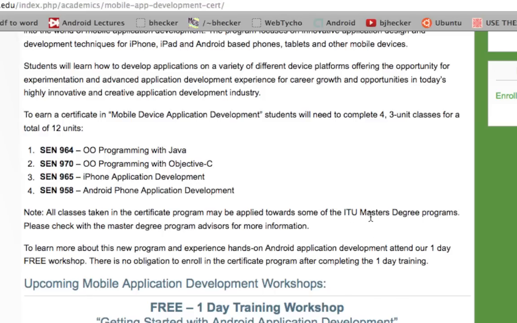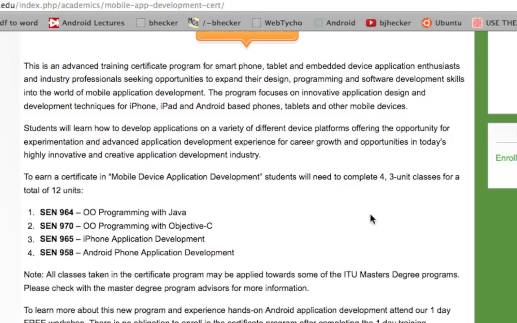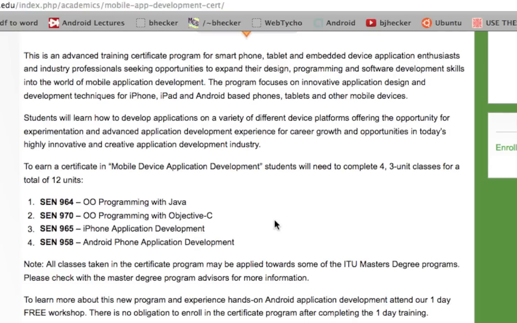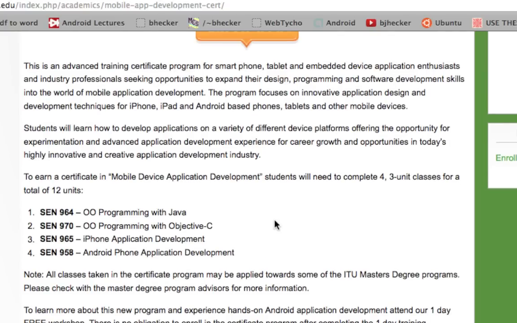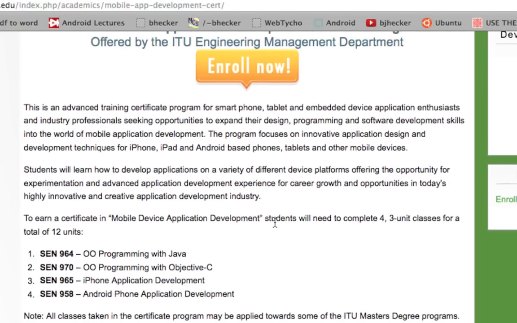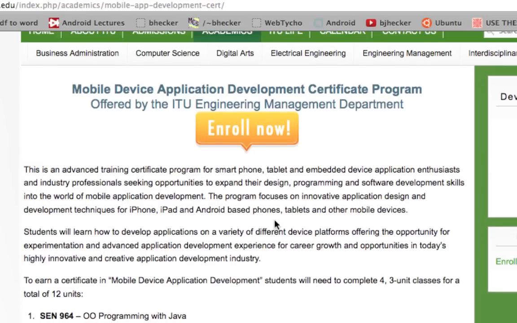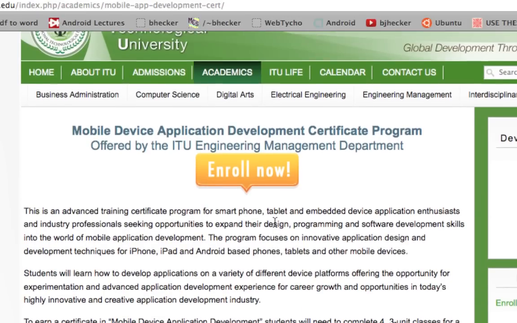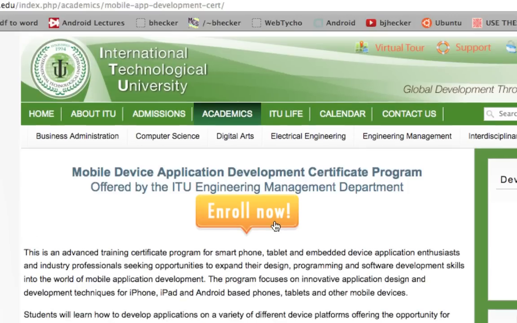So it's not a waste, because all the classes that you're taking can be used towards the master's degree. And if you take all 4 of them and complete the program, you'll get a professional certificate. It's something you can put on your resume and tell employers about, and it proves that you've gotten some professional training in mobile application development.